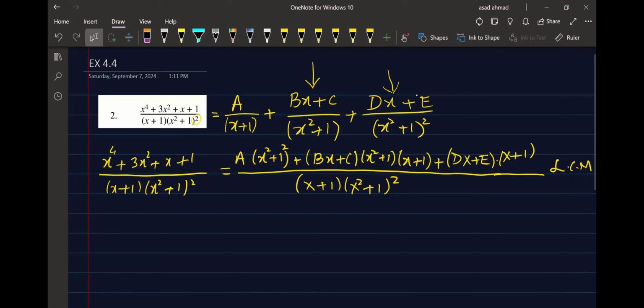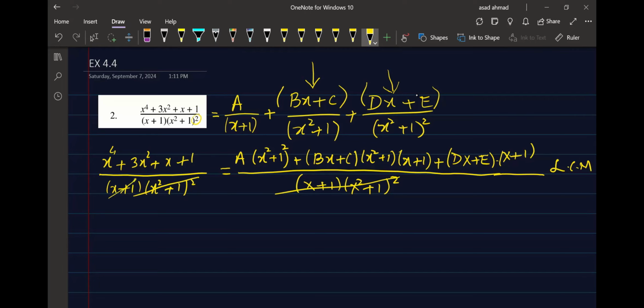So this is perfectly all right. For B, x square plus 1 will be cancelled with 1 power, and these two parts, x plus 1 and x square plus 1, will be multiplied with bx plus c in the numerator. And finally x square plus 1 whole square will be cancelled with x square plus 1 whole square. So x plus 1 and dx plus e, these two parts will be used for the multiplication of the LCM. And then as usual, these two parts will be cancelled out on both sides,